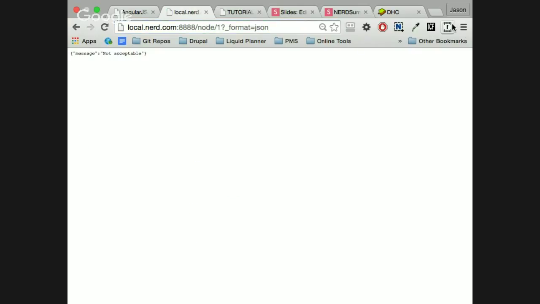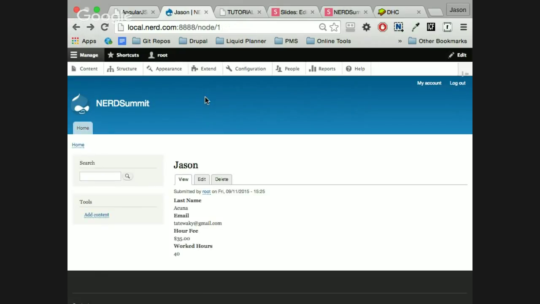Now I have that message because right now I'm accessing the URL as a REST application, and I have not authenticated myself yet. So I haven't sent my username or password, so I'm getting a not acceptable message. They have weird messages, not straightforward yet. They just show no message or not acceptable. And I guess that's to be improved later.